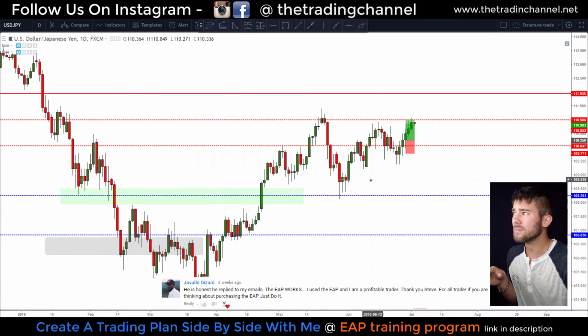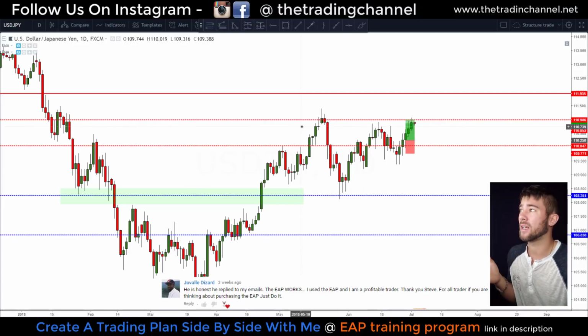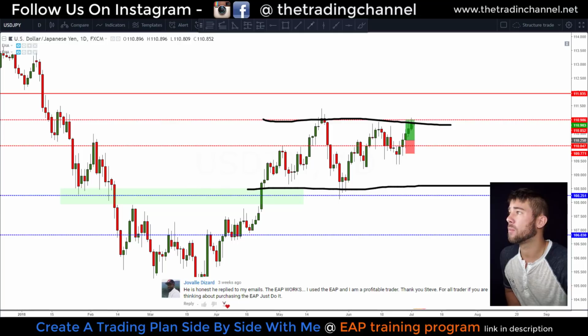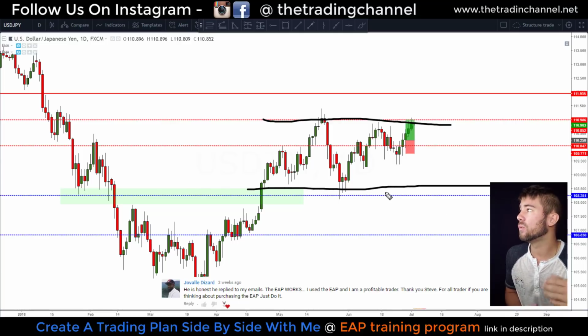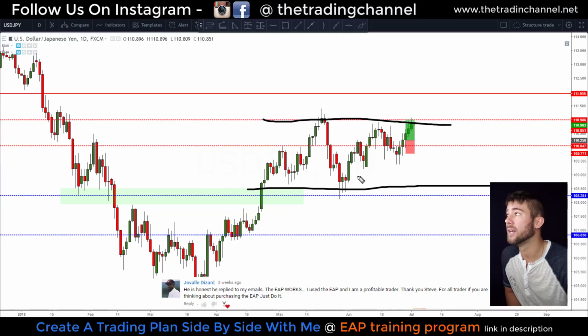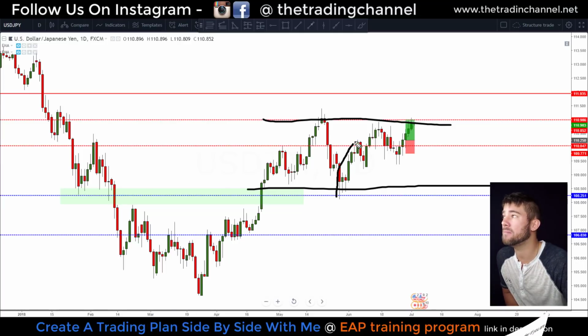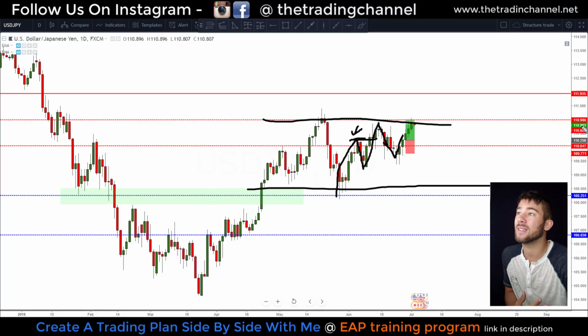So the dollar yen was in a period of consolidation, still is. If we look at this chart right in here, we just have a market that's bouncing back and forth currently. No real trend that we can pay attention to. But as we were bouncing back and forth, we had a minor trend on a lower time frame. This market came up to this level of resistance, then came up and broke that level of resistance before pulling back down. And since we knew that this market had broke this resistance level and was likely to continue higher at least to 110.98, which is where we're at right now, really close to that 111 even handle number,